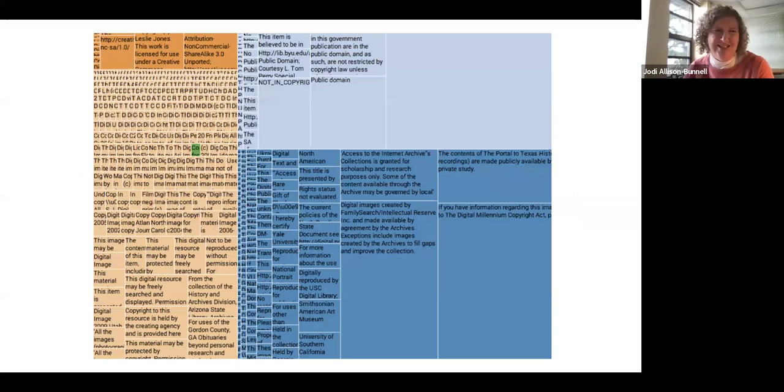So institutions contributing to DPLA have used thousands of different rights statements to describe their assets. This is a visualization, which is now a few years old, of these statements, but it gives us a sense of how messy this was. Another measure is that 25% of the words that contributing institutions use were concentrated in a single field.